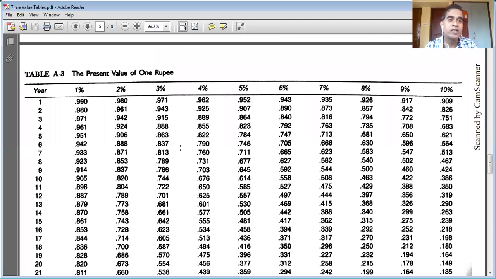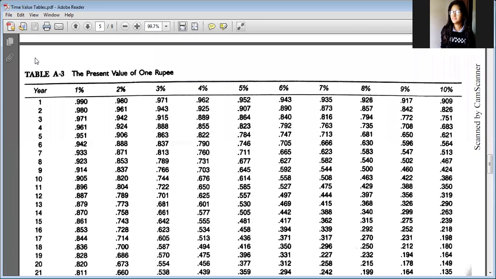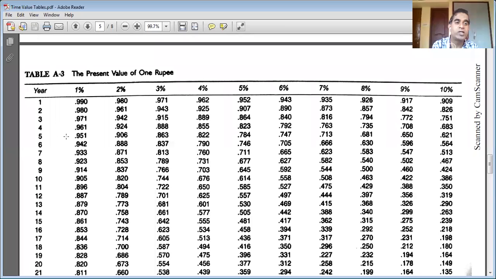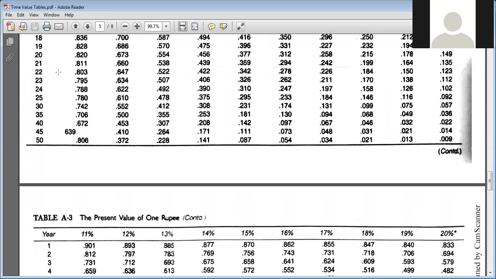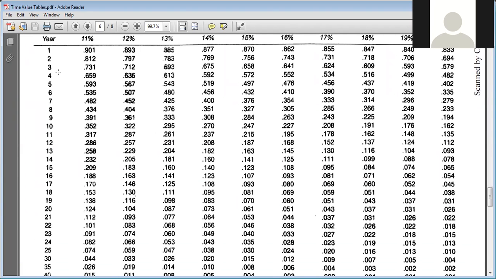Okay, students, I hope you can see the tables, right? Yes, sir. Mr. X is going to receive 1,000 rupees each year for how many years? 5 years. What is the discount rate or interest rate given in the problem? 10%. Sorry, I'm sorry, it's not table A3. You should also remind me. I need to refer to which table? A4. Yes, table A4.